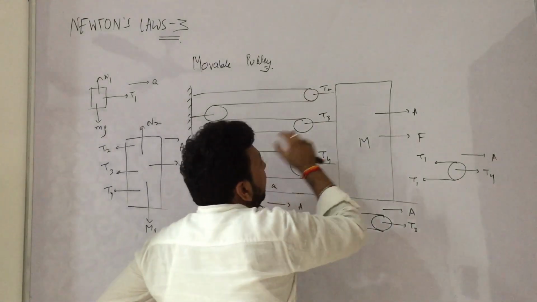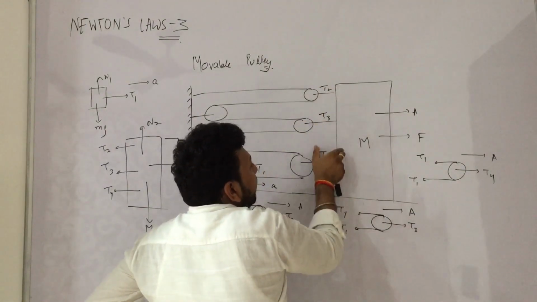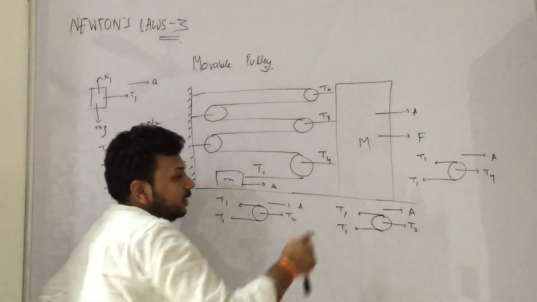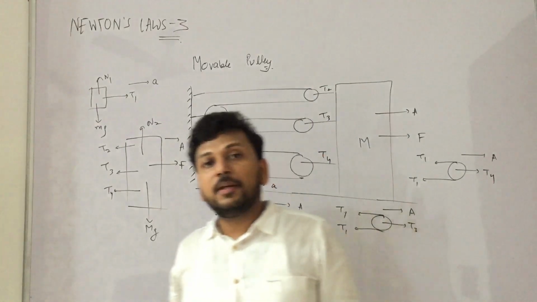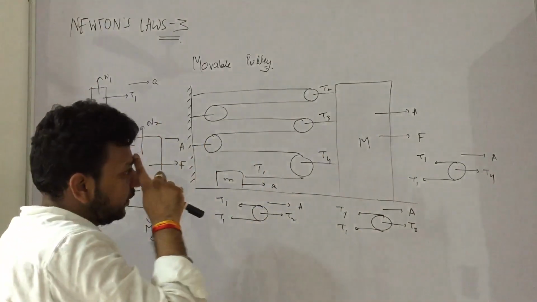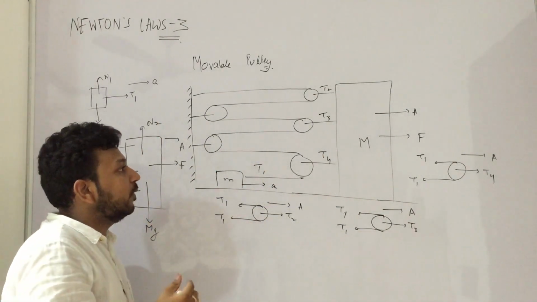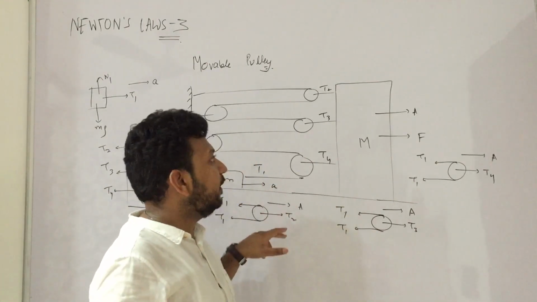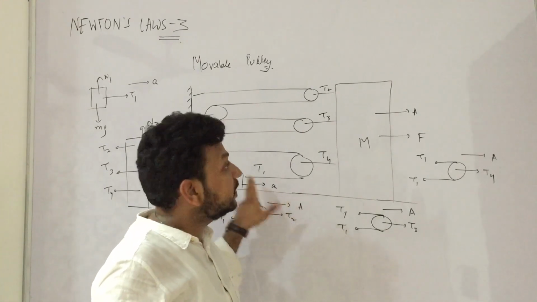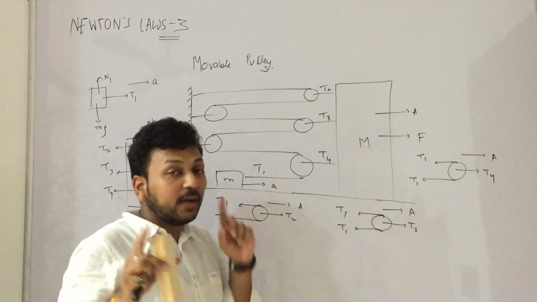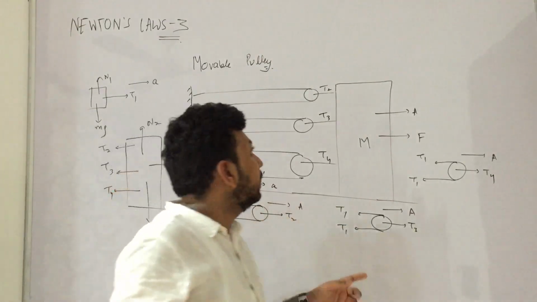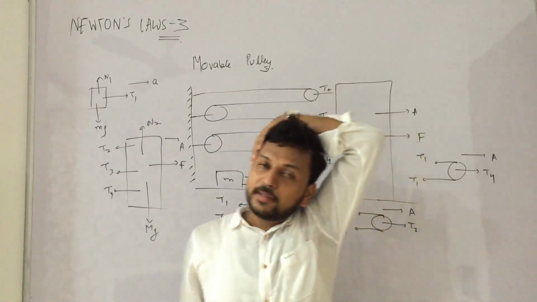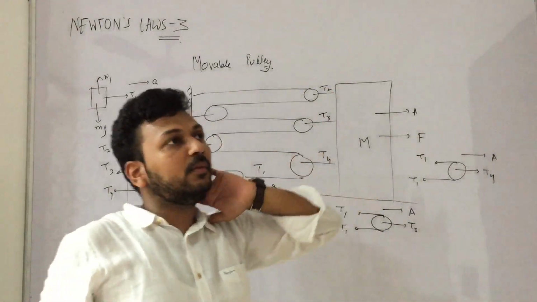Now how many strings do we need? 1, 1, 1, 1, 1, 1. So we need 6 meter of string. It is fixed, so it has to come ahead by 6 meter. So this is what you have to consider. So the relation is T3 is 2 times T1 and small a1 is 6 times A2. The relation is again opposite but it is 6 times. So this you have to see, I am erasing this. There is another method to find the relation between accelerations, based on derivatives. We will study that later on.